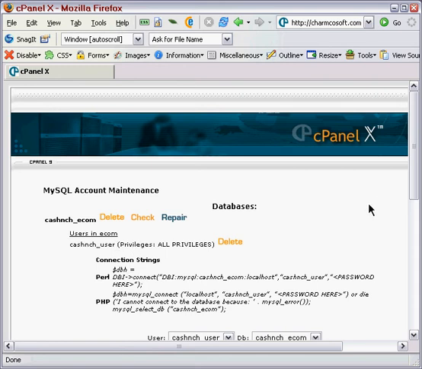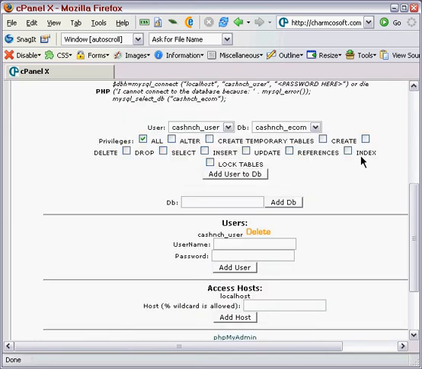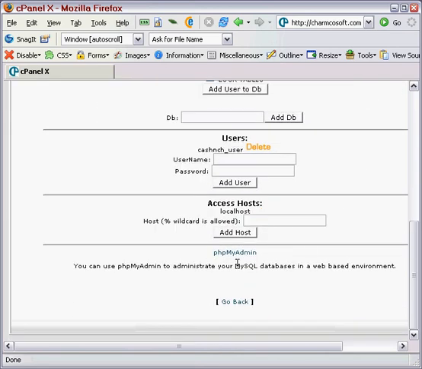Some scripts from this point on, you would simply enter that information, the database name with the prefix, the username with the prefix and the password, and the script during the install will automatically create tables in your database. Some scripts, however, require that you load an SQL file to create the database. In that case, you come down here to phpMyAdmin,